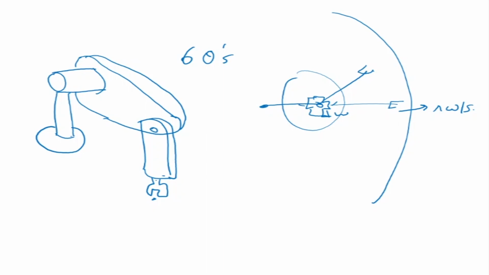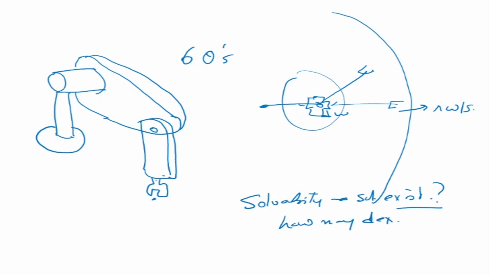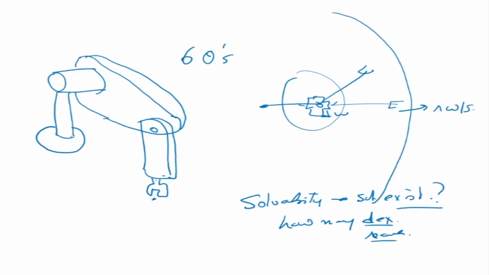Okay, so we have seen solvability, of course. Solvability means solutions exist, and depending on how many exist, you are either in your dexterous workspace or in your reachable workspace. So we saw a couple of terms: dexterous workspace and reachable workspace. Next we'll talk about the type of solution. The other point we need to note very carefully is the concept of multiple solutions.